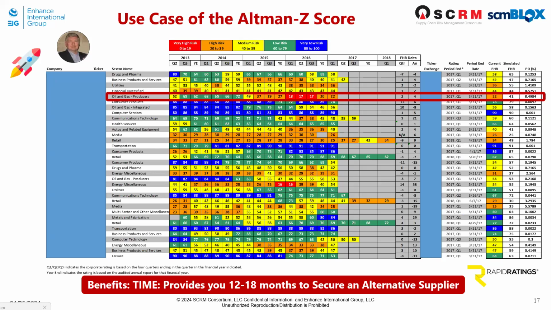They're a forensic accounting firm based in New York City. They've been around almost as long as the consortium. They're a longstanding member. This profiles their FHR, their financial health report that they provide to their subscribers. It's by industry and it's by quarter, and it uses the Altman Z-score along with many other exogenous data points